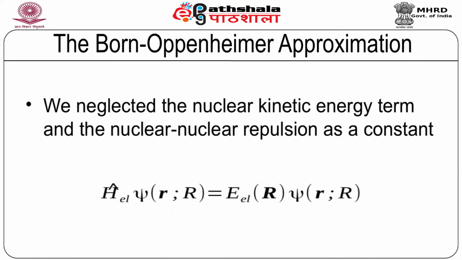So when we solve this equation, we get the electronic wave functions dependent on the nuclear coordinates and the electronic